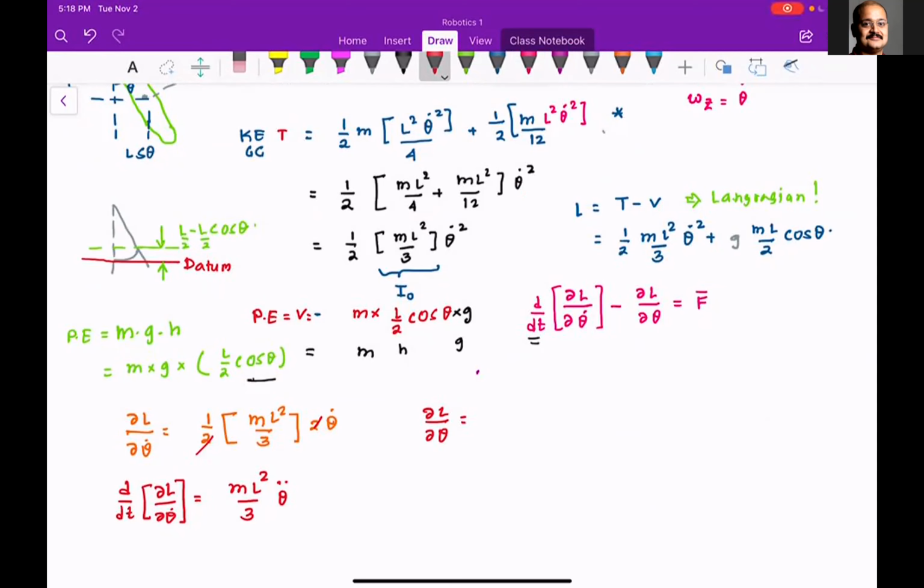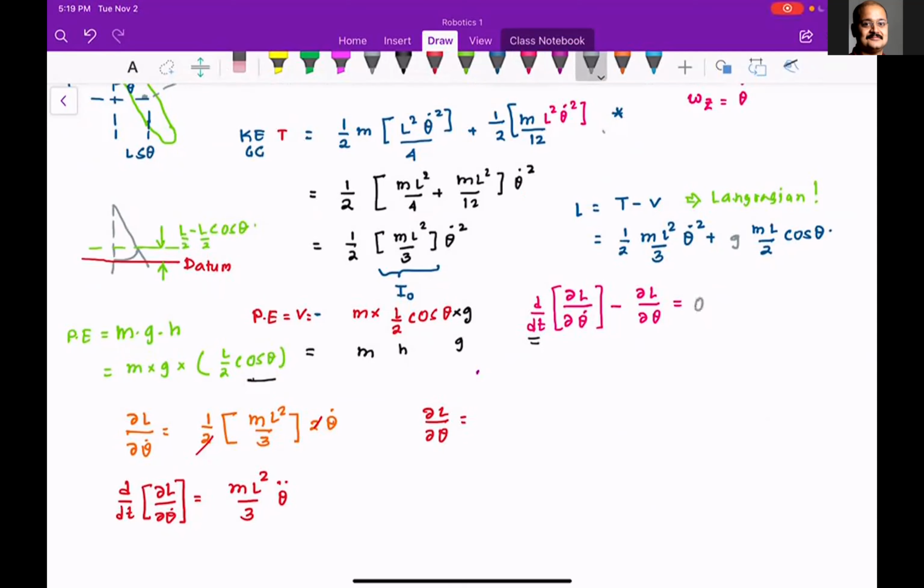On the right side, there is a force. That force is the external force that is acting on the system. We can calculate it using the method of virtual work that we discussed in the last class. Remember the Jacobian transpose? We will talk about it later, not here. Just bear with me for a second. So for this problem, the external force is 0, so you can say this is 0.